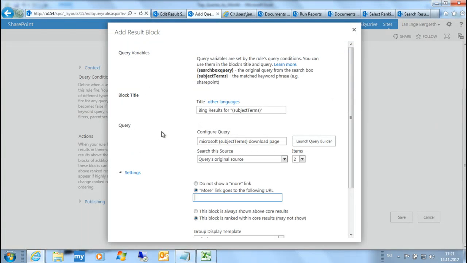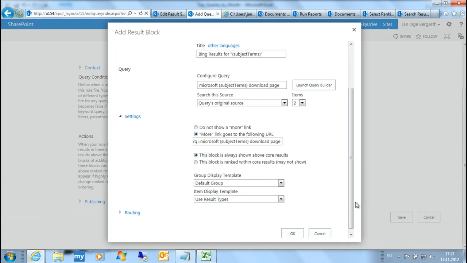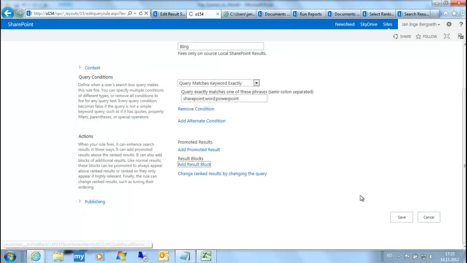And I'll pin this result to the top. This will always make the result appear on the top of the result page. If I'm not pinning it, it will start off on top, but if users are clicking on the results below that block, it will gradually go down. Click OK and save that one, and then go back to